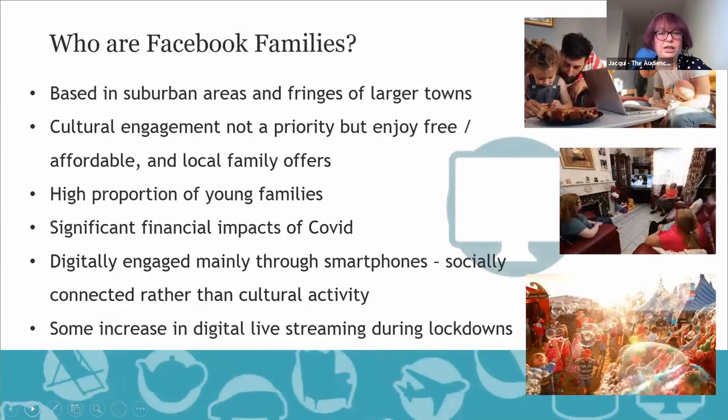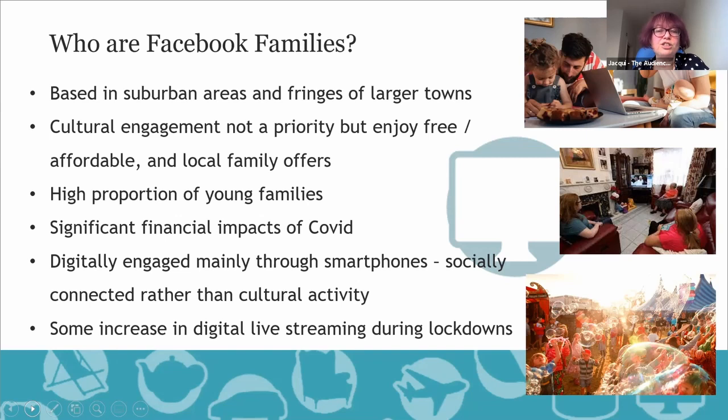And very briefly, Facebook families are another lower engaged segment. They are a family group, as their name suggests. Again, they've been impacted quite significantly financially by COVID, but they do pay for an offer where they know that